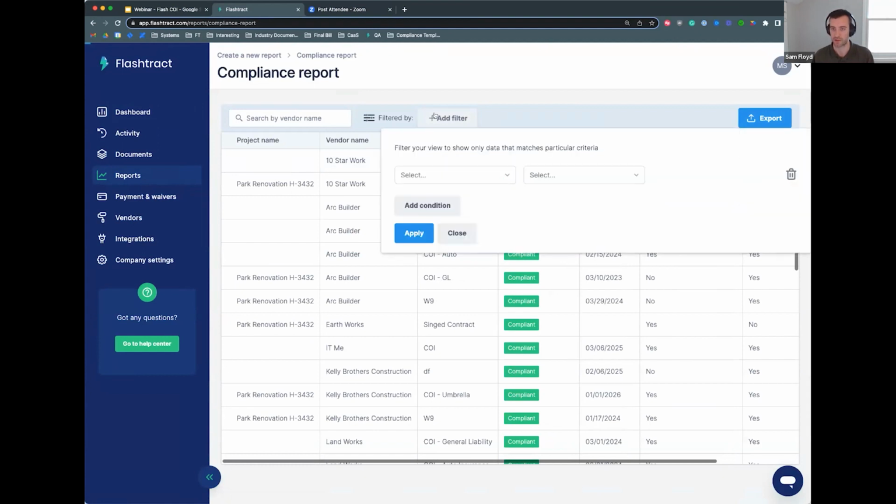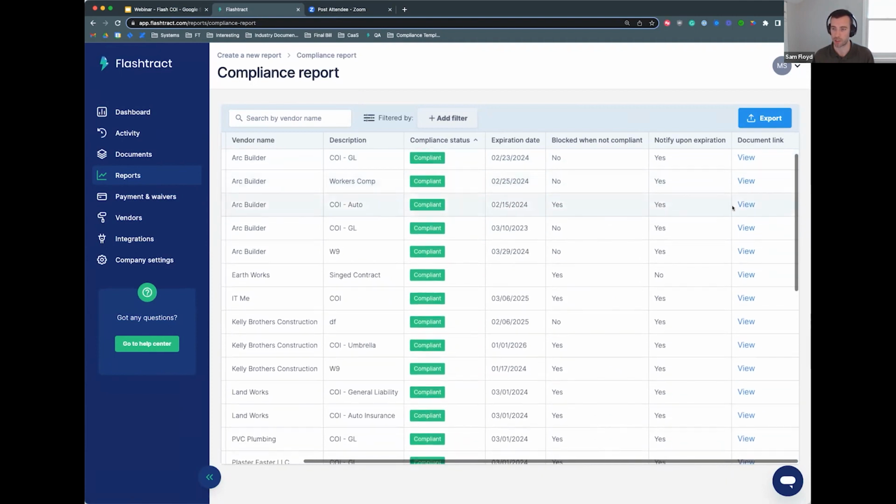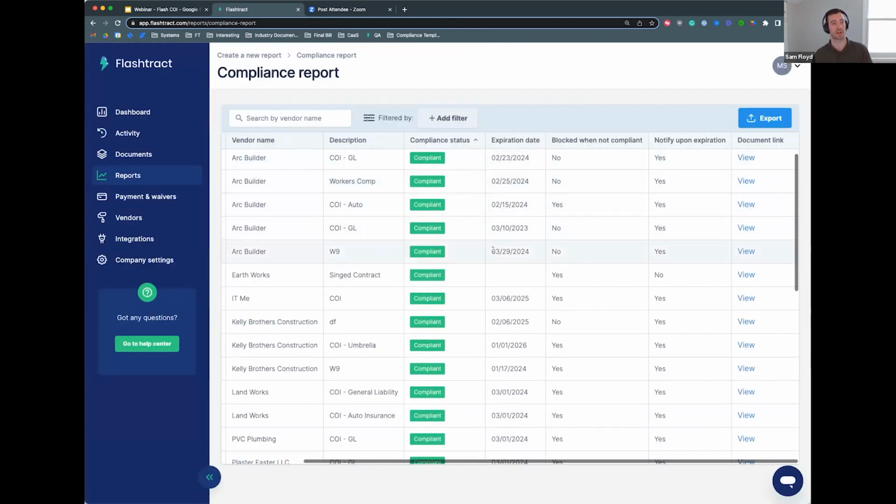So I can sort by this, I can add a filter that says, hey, show me the compliance status of all the compliant or reviewed. And I can also view all of these documents at any point and make sure if this is correct or not, or maybe I have an upcoming audit. All of this is in your Flashtract account and you have access to it,